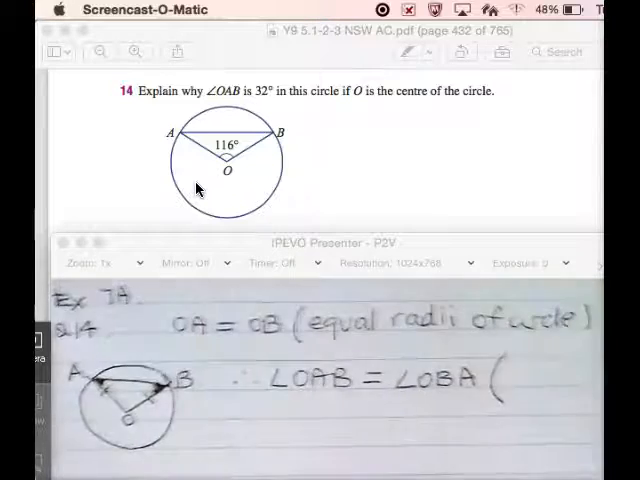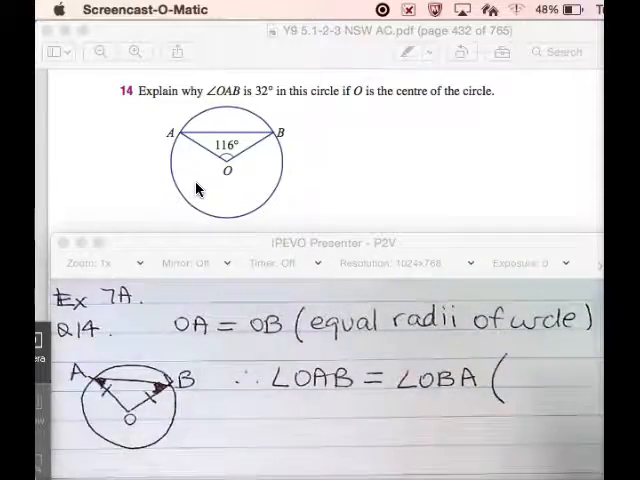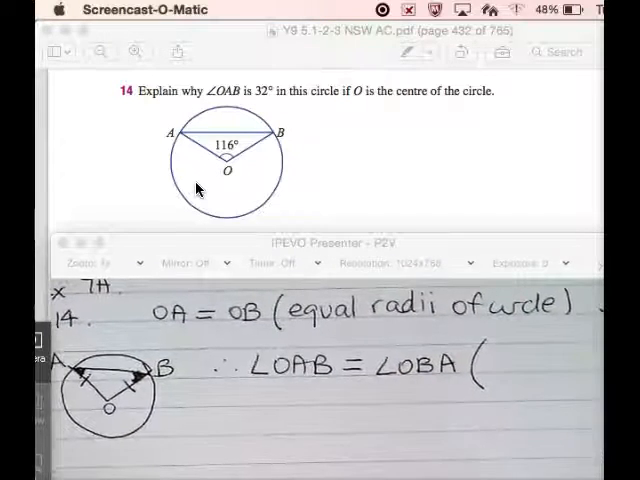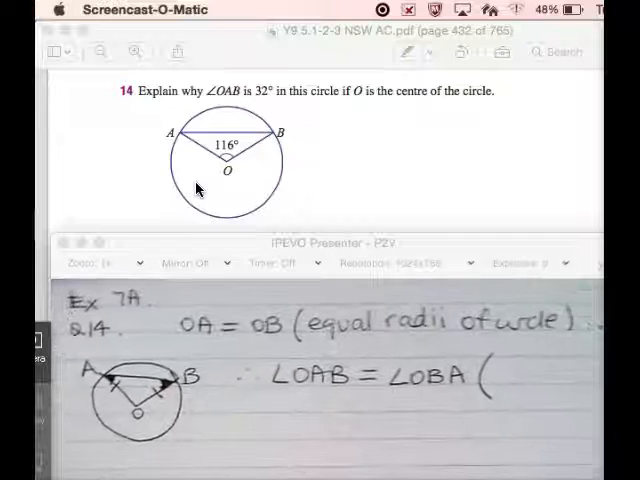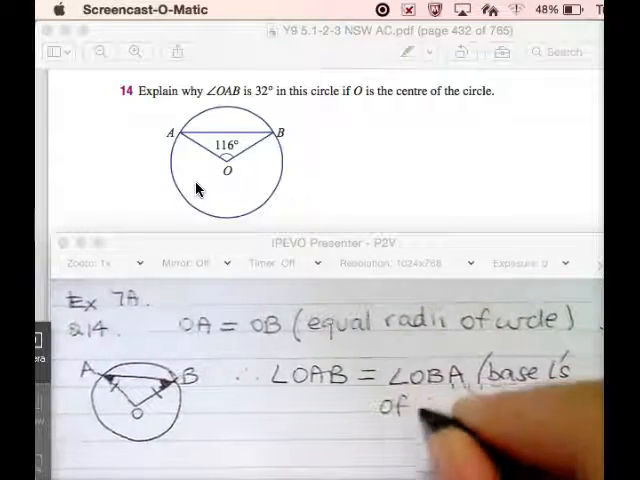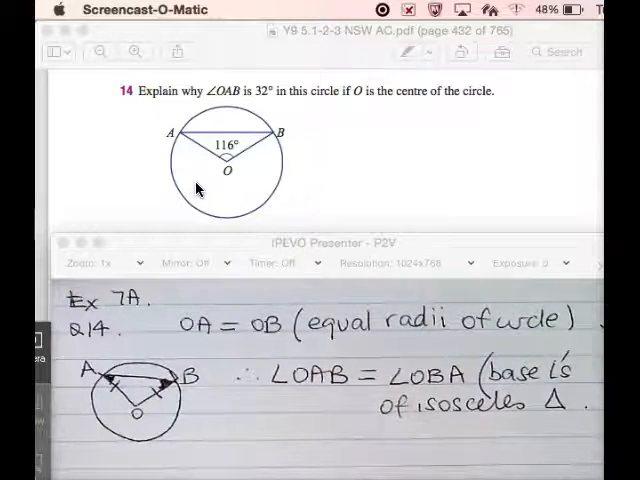Reason, why do those angles equal each other? We know that OA equals OB, and you need to say why OA equals OB, because they're equal radii of circle. Those angles are equal. What's the reason? Base angles of isosceles triangle. So therefore,